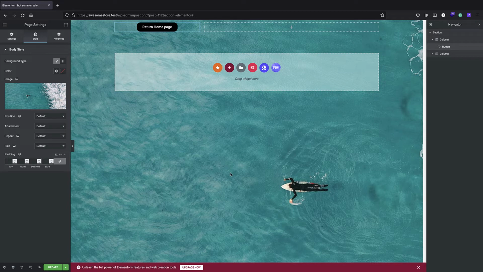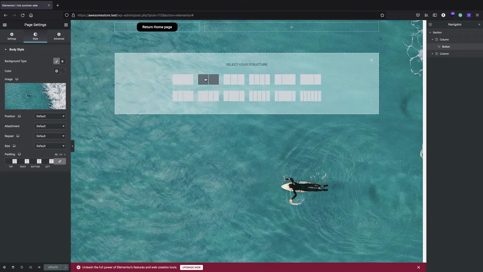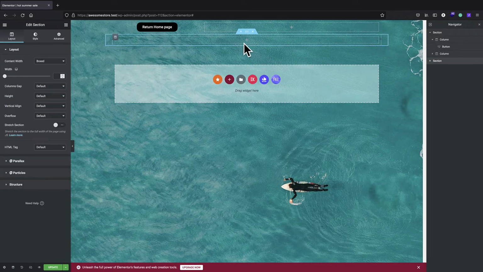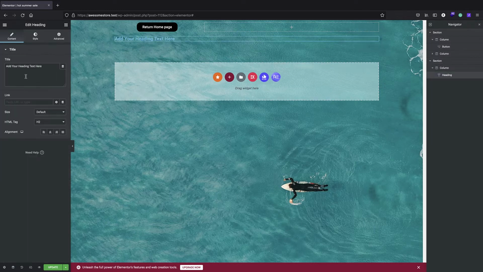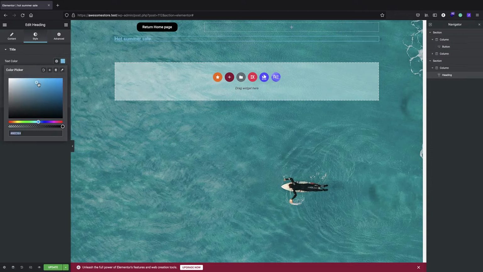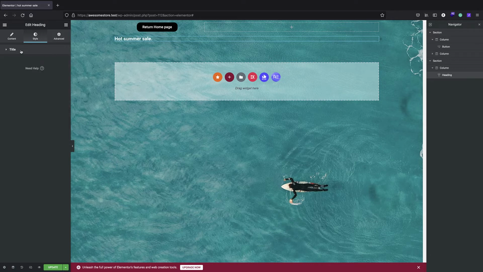So this is just okay. I can just put it and update. And here we can just have any content that we want. So here, let's just add another section here, and we can just put anything we want. So let's just put the heading and call it hot summer sale. That's okay. So I can just bring a style, change it into white, and also make it much larger,